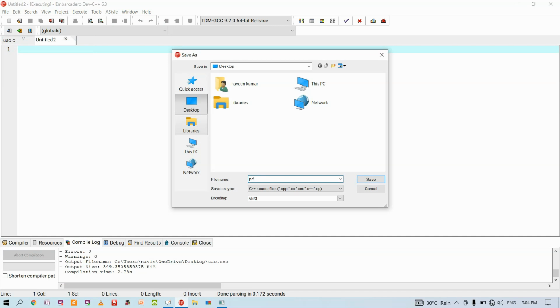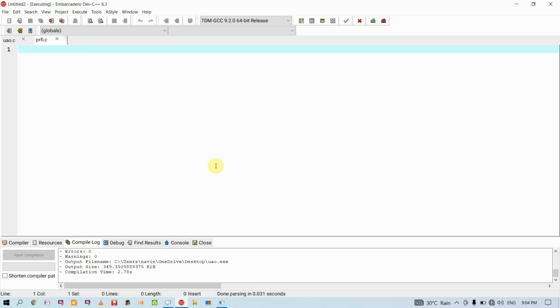prefix increment.c, and I'll go with the file name here, right. I have a program like this. See here, I have the implementation of the prefix increment operator. So the program is